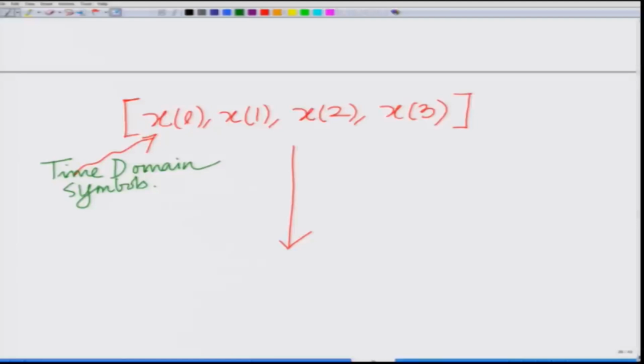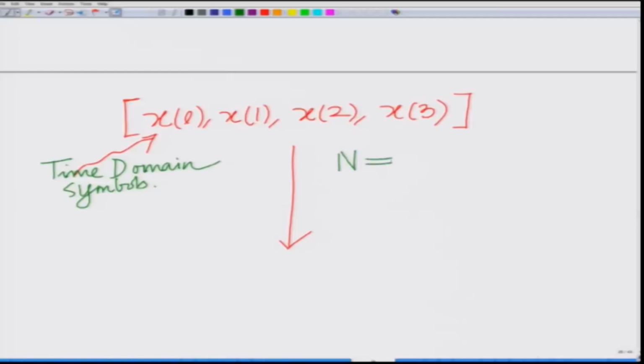Previously in OFDM these were the time domain samples, generated by the IFFT of the symbols loaded on the subcarriers. However, in FDE the important difference is these are not time domain samples but time domain symbols, because we are directly transmitting the symbols in the time domain after adding the cyclic prefix rather than generating the samples. Once we take the n equal to 4 point FFT of this,